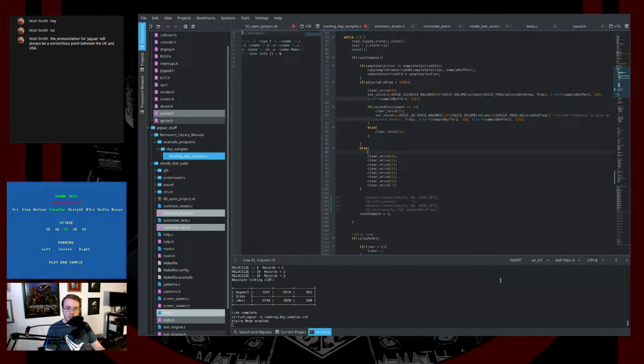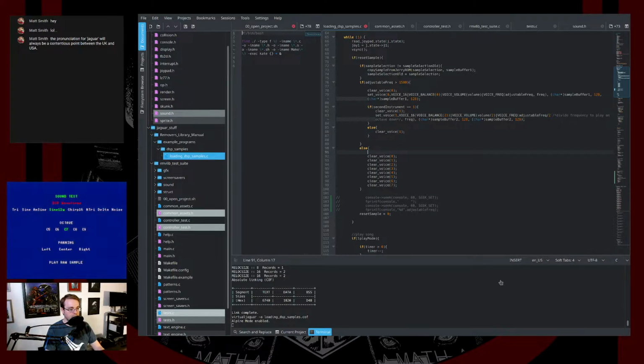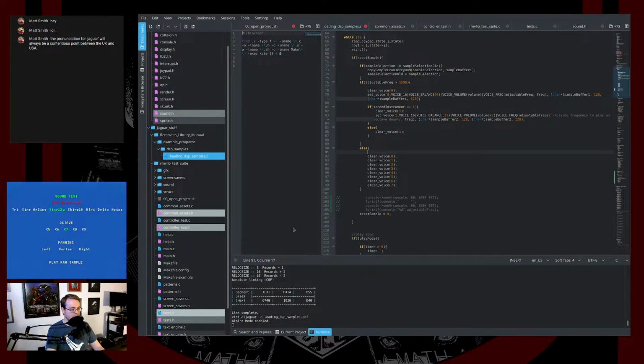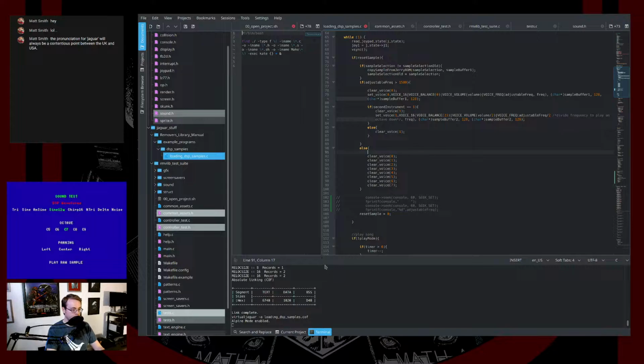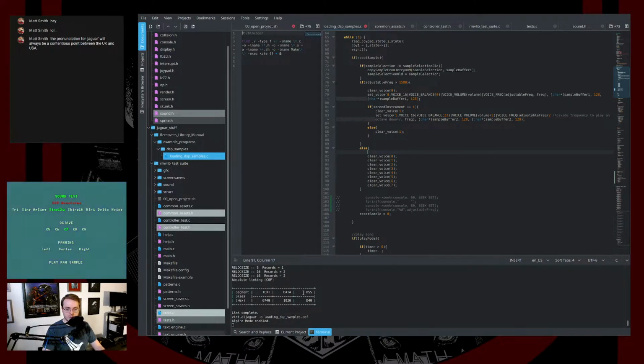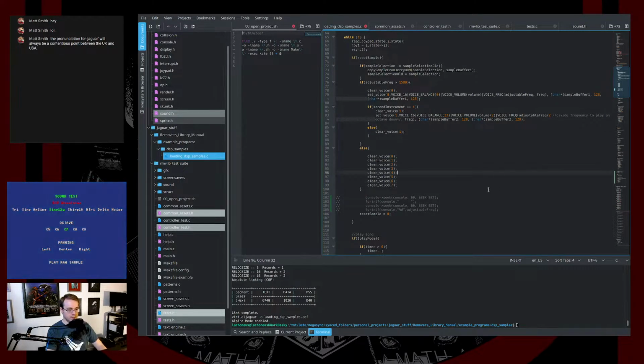Was that showing up or did it lose it again? It lost it again. I don't know why it's having a hard time with this. It just doesn't want to show it. It's weird. Sorry, I don't know why that isn't showing the virtual Jaguar emulator. I'm going to have to troubleshoot that. I'm not sure what's going on. Anyways,